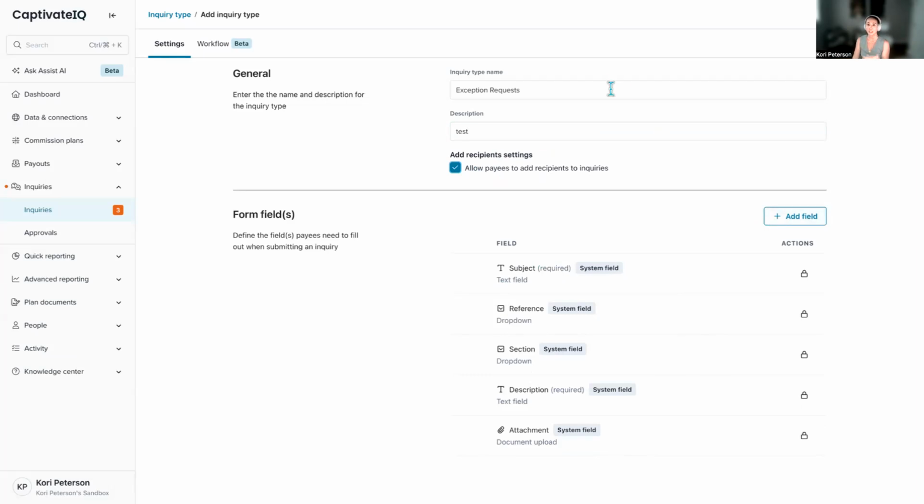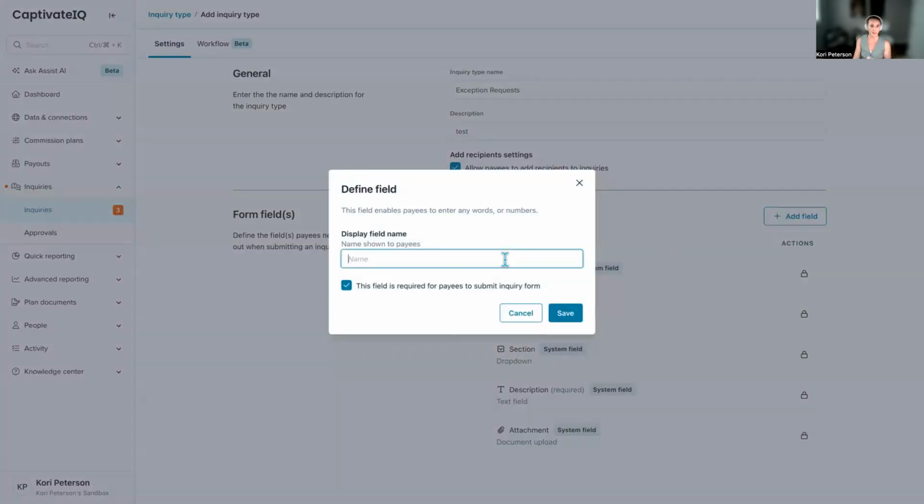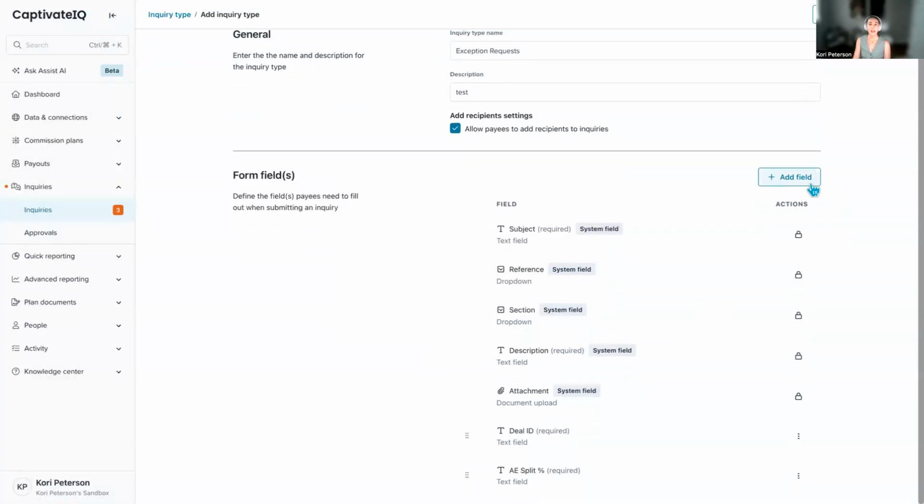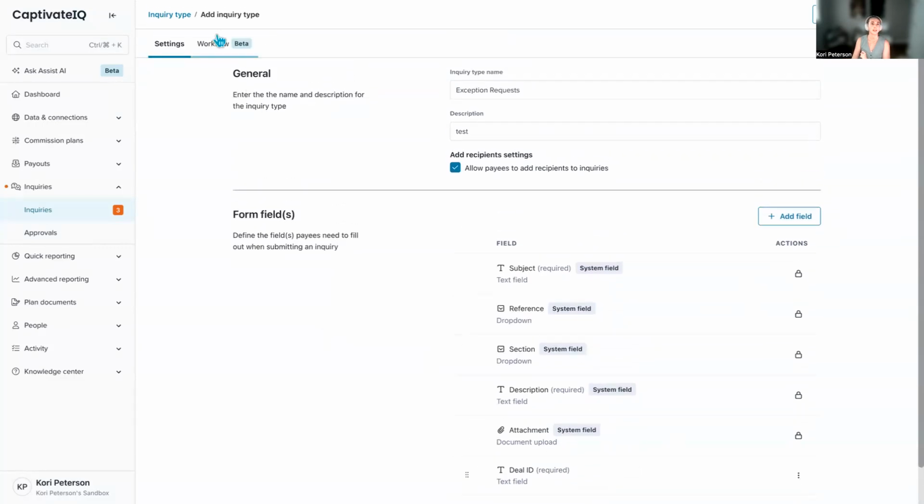But if you know that you need additional information to process this inquiry, then I can add these custom fields here. So maybe I require that the rep provide the deal ID. Maybe I want to ask, if this is a split request, what should be that AE split percent, and require just as much information as you would need to actually solve this so that you don't have to chase down additional information. So adding in those custom fields and designating which should be required and which should be optional are also really great for that information collecting process.